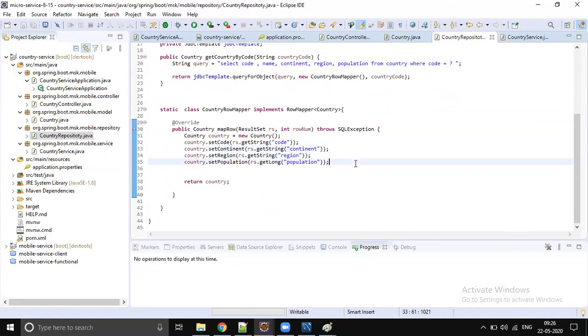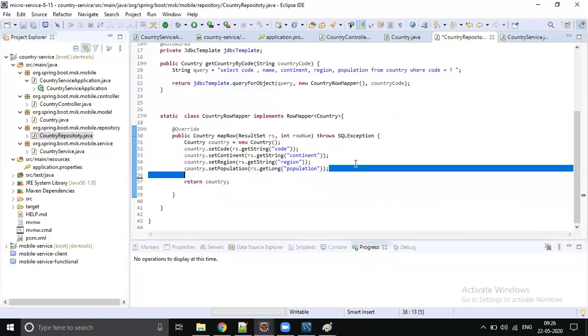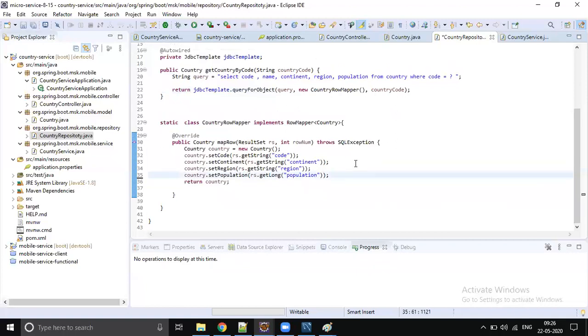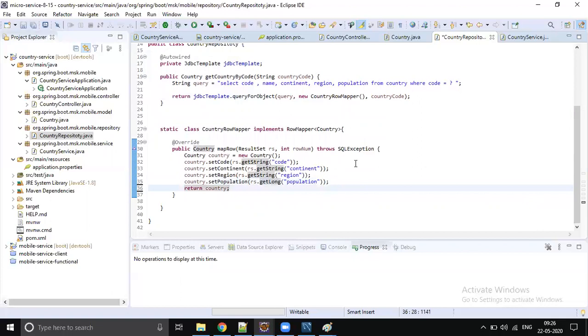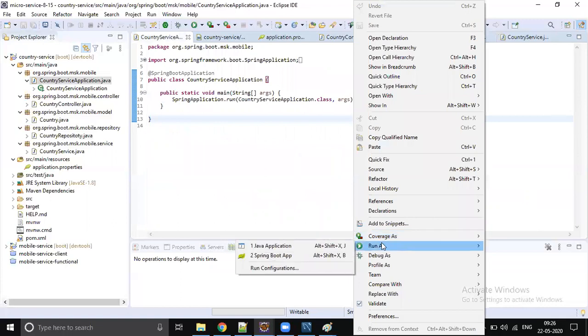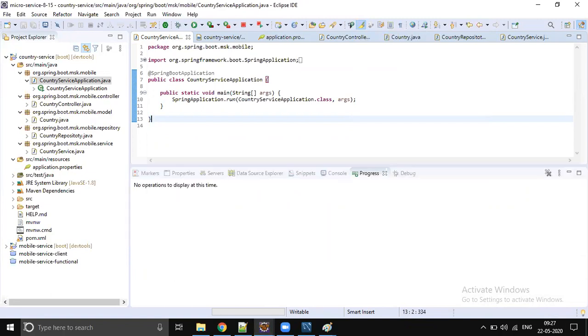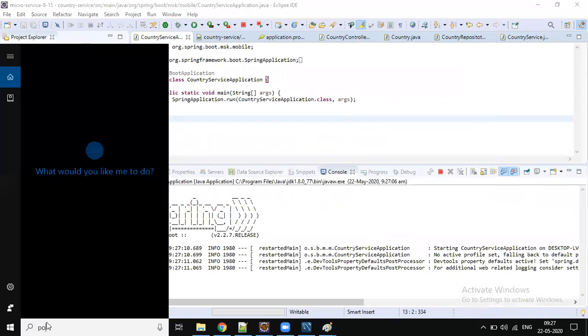Good. So with this, we are done with writing our first endpoint where we did the database integration also, right? Using Spring JDBC. So we are done end to end. Let's test this. It's a web application, so it's going to be running on the Tomcat server, right? So just run as Java application. So it will be deployed. Meanwhile, let me start the Postman.